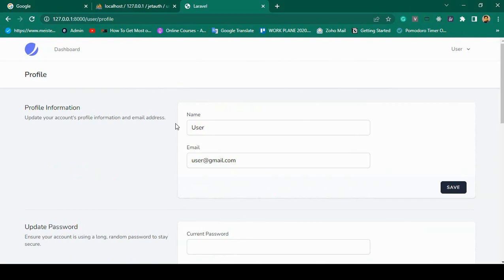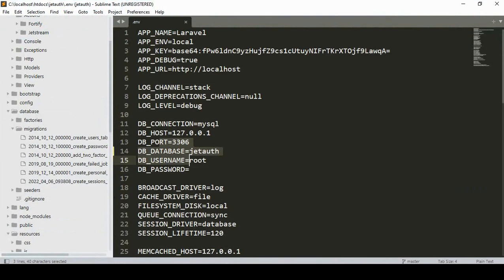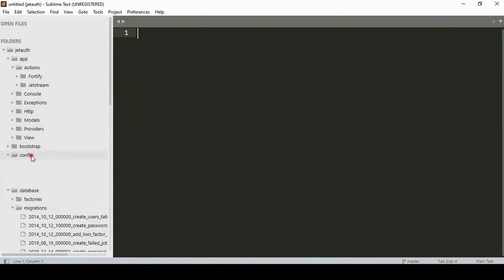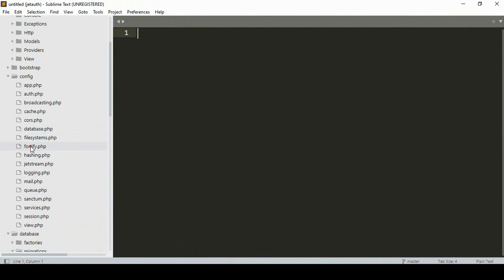It actually comes from, as I told you, when you install Jetstream, it provides some files. If you go to the config folder, inside the config there is a file named